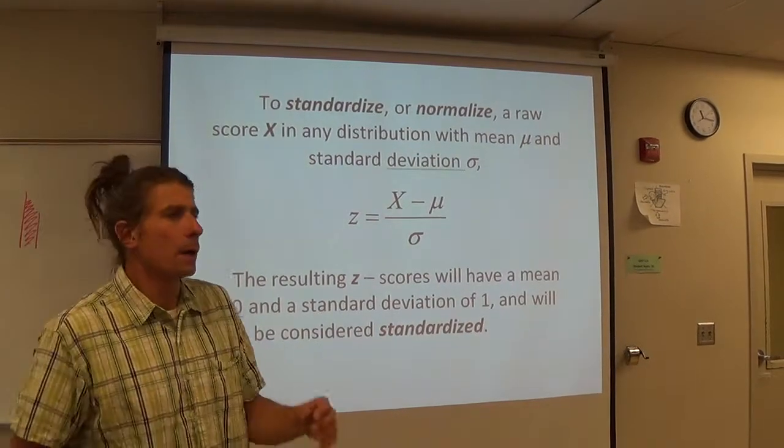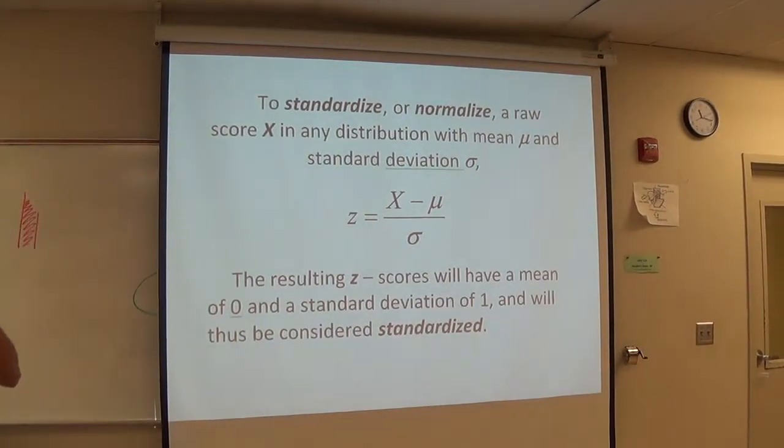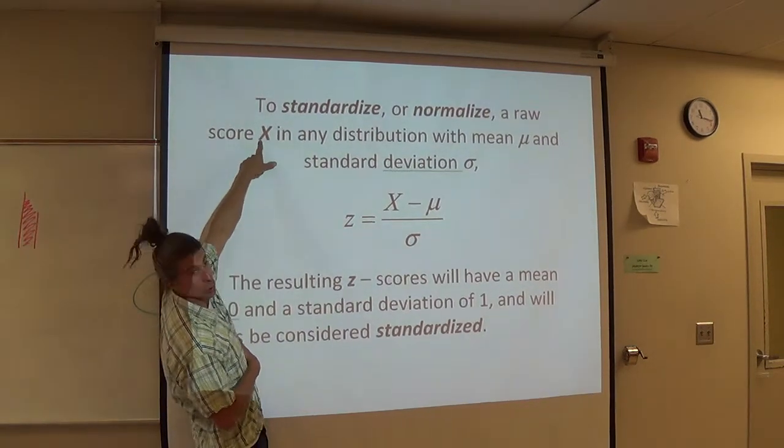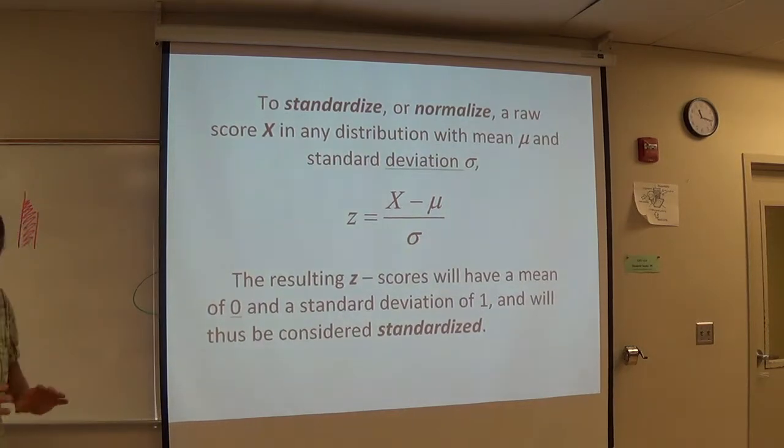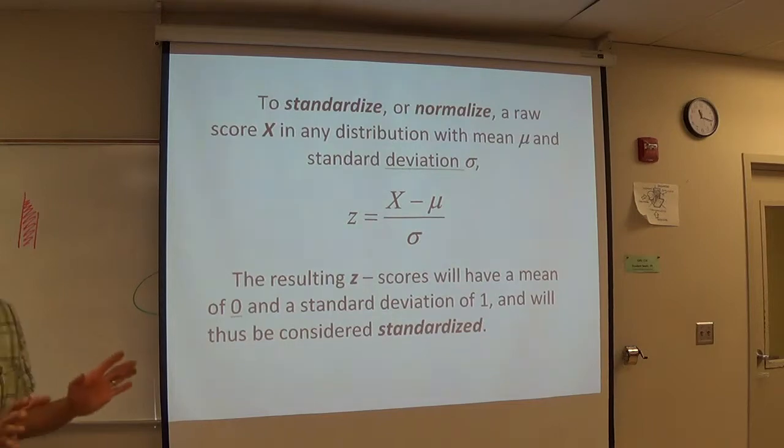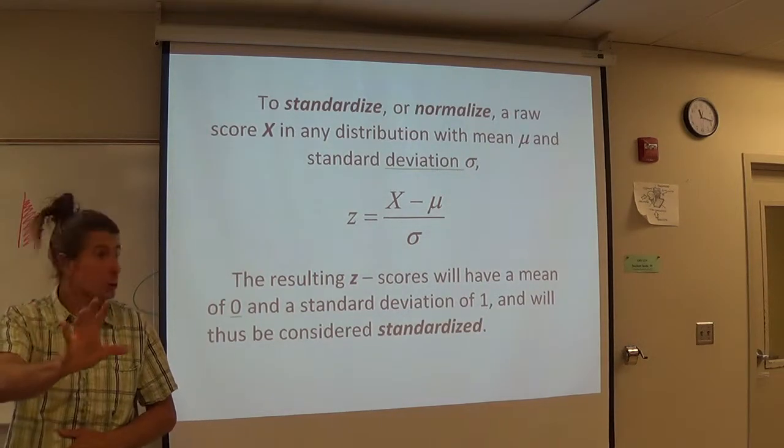JT and Aaron both gave us the component pieces that we needed to formalize what we just did. So if you have a generalized raw score, usually it's called X. That's great, except X, a random variable X, just like it was for the binomial, has its own distribution, has